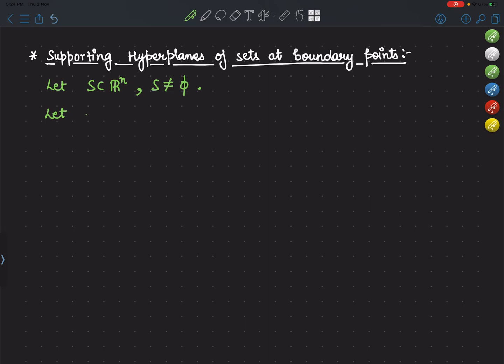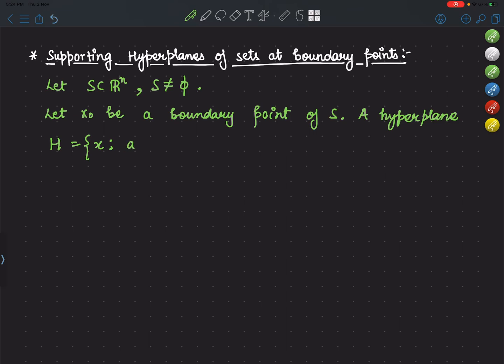Let x naught be a boundary point of S. A hyperplane H equals {X such that A transpose (X minus X naught) equals 0} is a supporting hyperplane of S at X naught if either